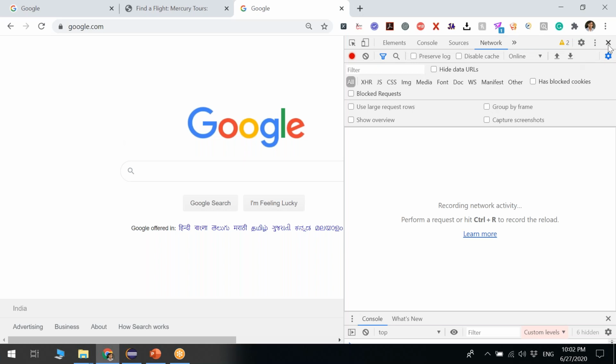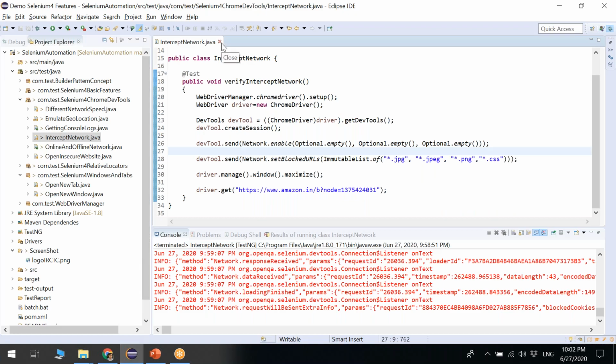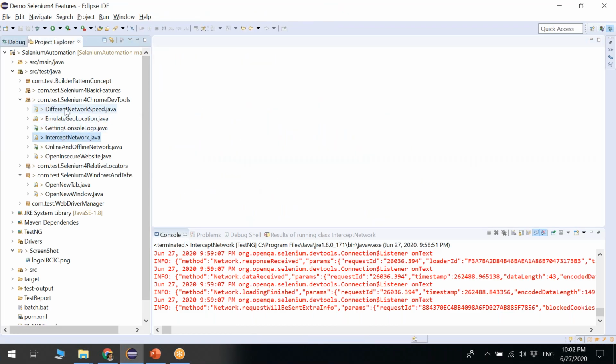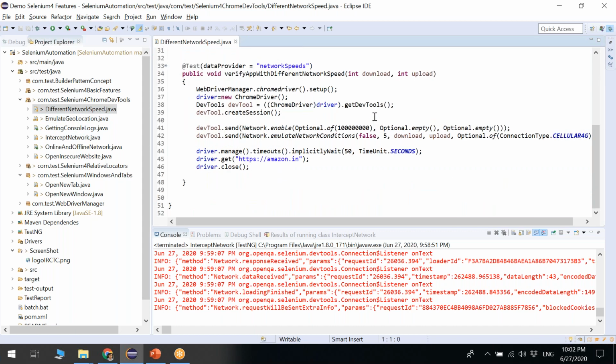So let me show you how we can handle this using the Selenium 4 Chrome DevTools features. So let me open this. Here you can see similar things.